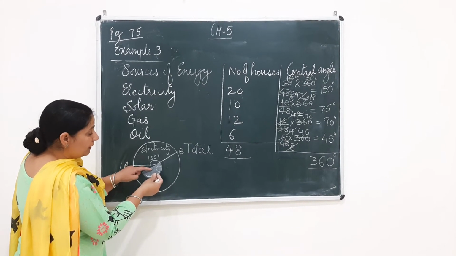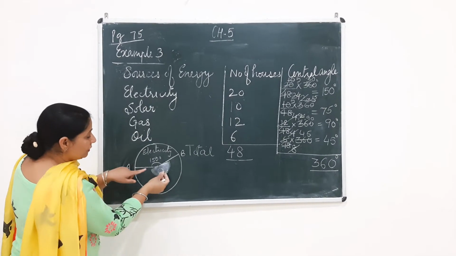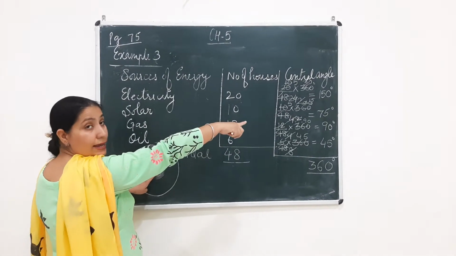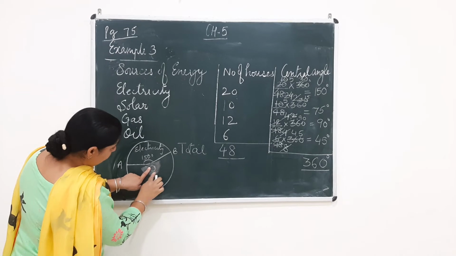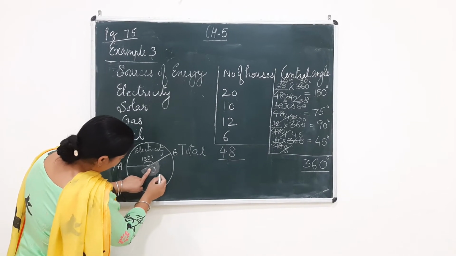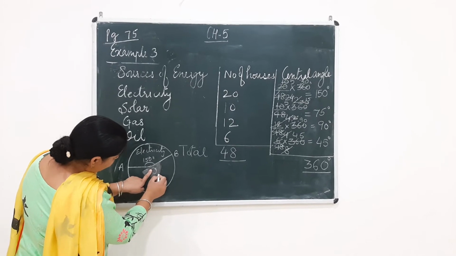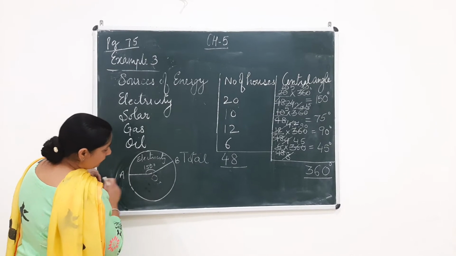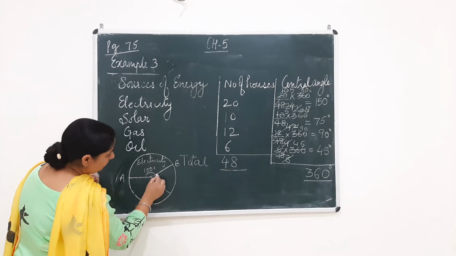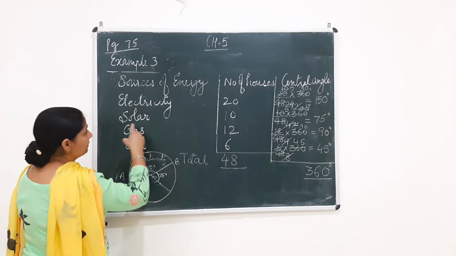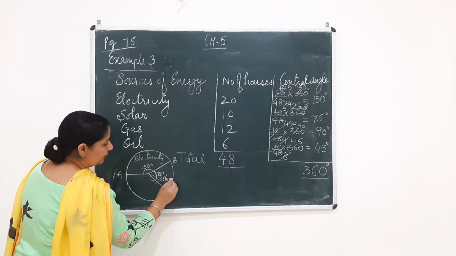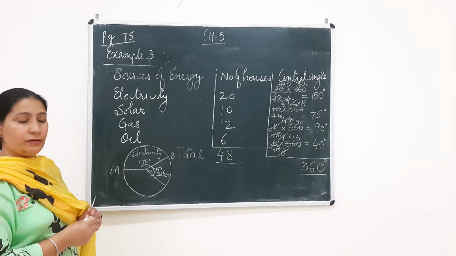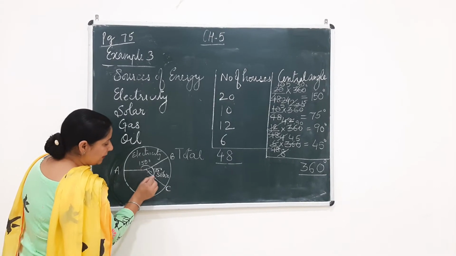Again, I will overlap the center of this protractor with the center of the circle, and after overlapping it, my angle has to be 75. You can see clearly that we can find where my 75 is, it is here. After marking my 75, I will put a dot and join that line. This angle will be 75 degree and this represents my solar. I will write it inside like this. The third one is the angle of 90. Now I hope I have made it clear. I write C here.